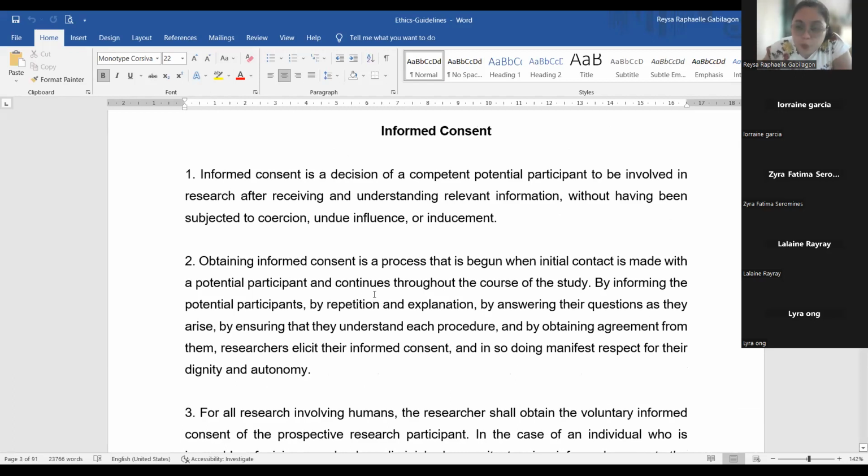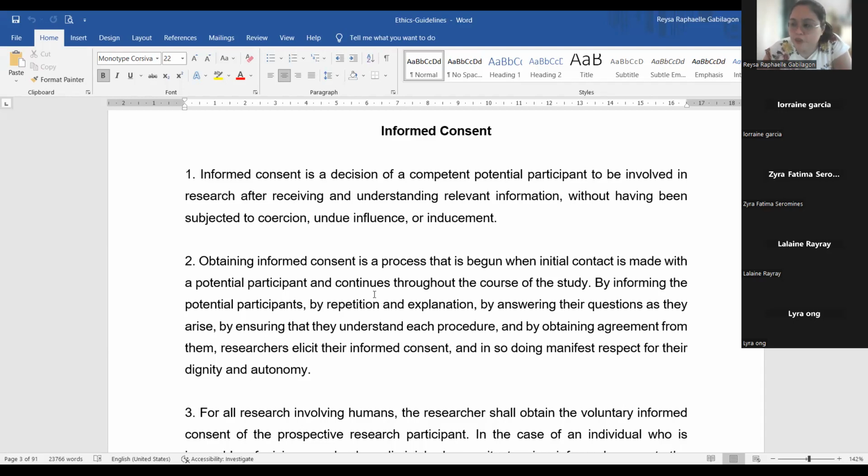Agihan lang nako. The second element in the research ethics is the informed consent. Now, if your study involves human subject, your participants, your respondents are all human, please do not forget to include informed consent. Okay? You have to give, class, a chance to your respondents or participants na they have the sole decision whether to join or not in your study. So it has to be in writing. So kailangan may informed consent form talaga kayo.